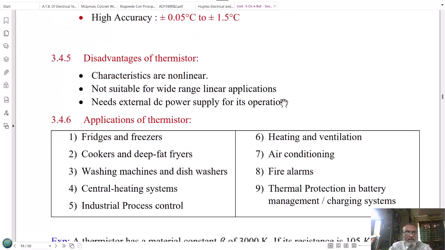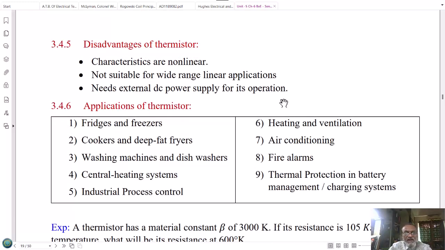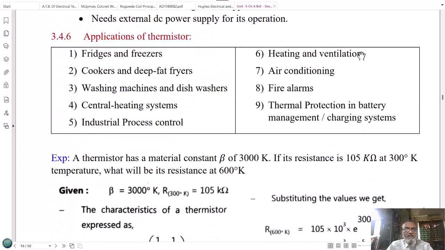The disadvantages of thermistors are the characteristics of the thermistors are very non-linear and therefore they are not suitable for wide linear range of application. They are therefore suitable for the temperature measurement. Therefore, they are suitable for measurement of single temperature detection or two-point temperature detection. The applications of thermistors are